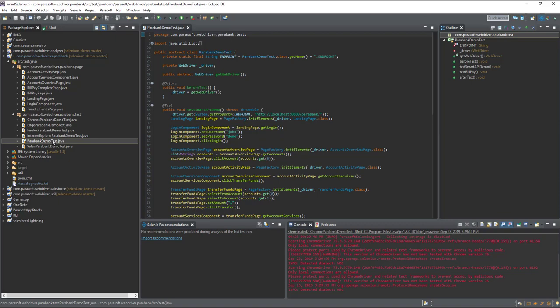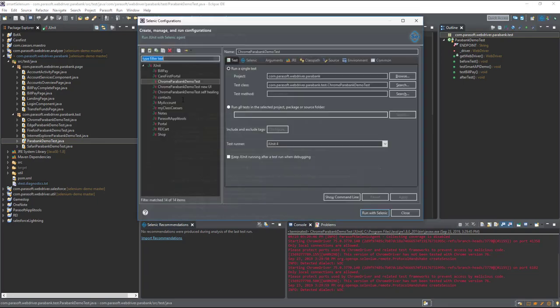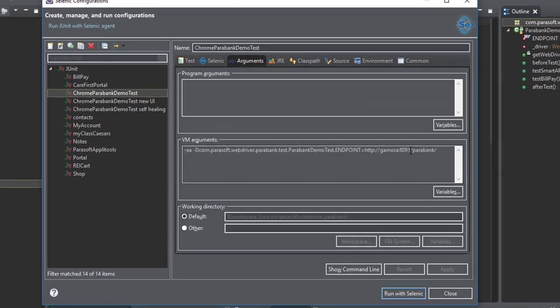So to that end, I'm going to go through an exercise where I validate the current version of the application with this test and see what happens when I run the test against the next version of the application. So here I am inside of my IDE, Eclipse. I have a run configuration for executing my Selenium test, and I've set an argument to point the test to a location where my application is currently hosted.